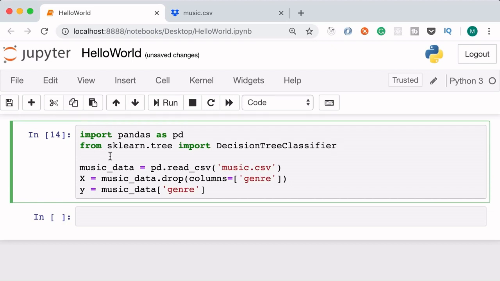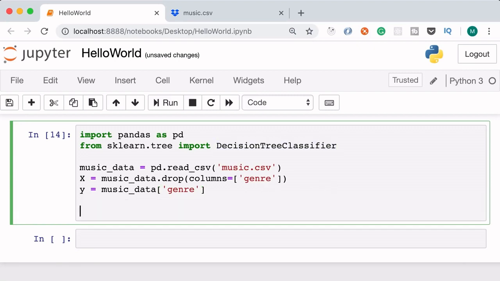So sklearn is the package that comes with the scikit-learn library. This is the most popular machine learning library in Python. In this package, we have a module called tree, and in this module, we have a class called decision tree classifier. This class implements the decision tree algorithm. Okay, so now we need to create a new instance of this class. So at the end, let's create an object called model and set it to a new instance of decision tree classifier, like this. So now we have a model.